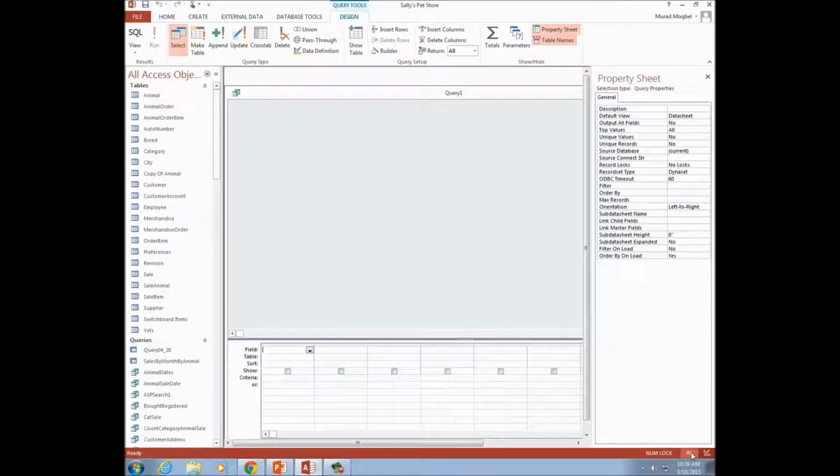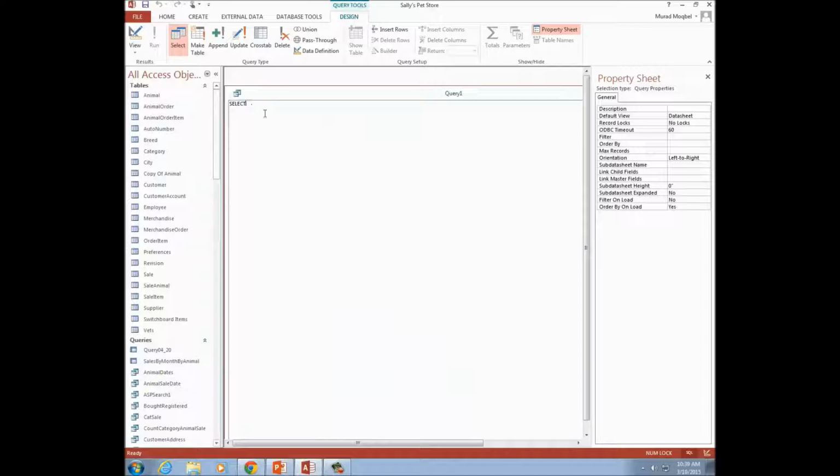And we will be writing SQL commands just to practice how to retrieve data from another SQL or from another query. So let's open the pit store database in Access as well as the web query. So we want it to be handy. So using the Access file, we will write,